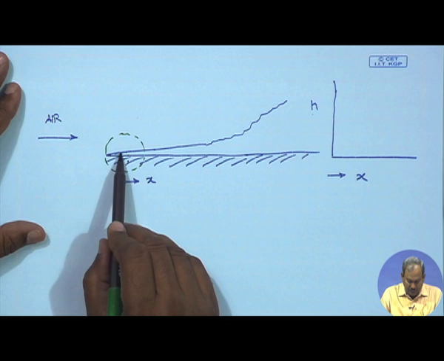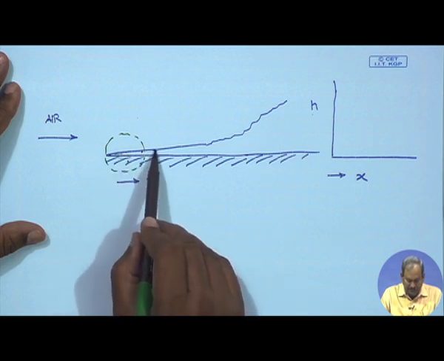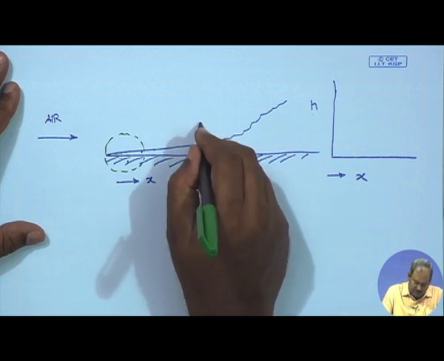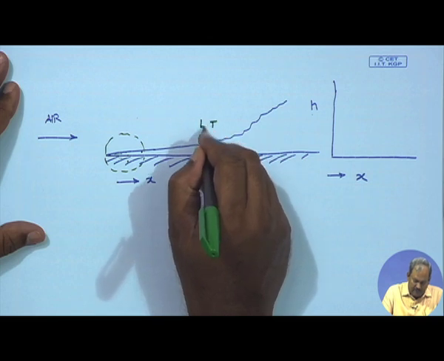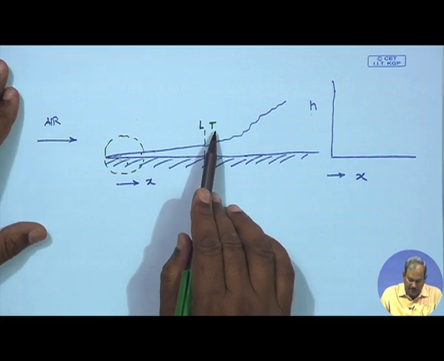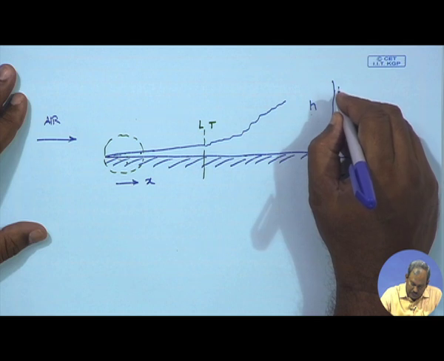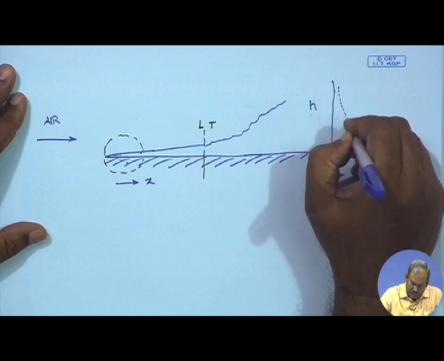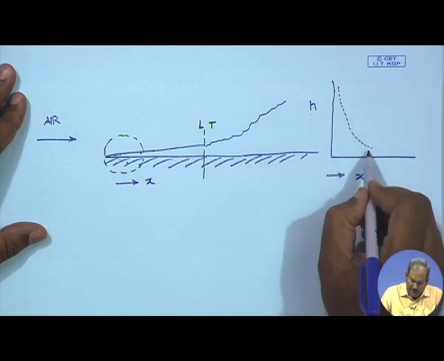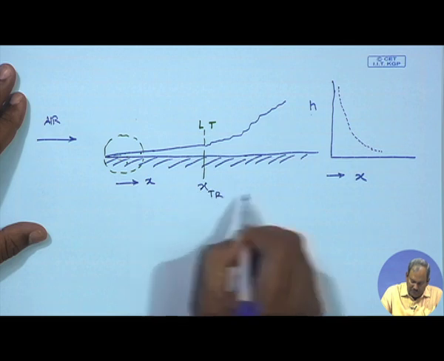So resistance is minimum at this point and progressively increases as the thickness increases, up to the junction between the laminar and the turbulent flow. So your value of H would start at a high value and keep on decreasing, and after we reach this point, which I call X transition,